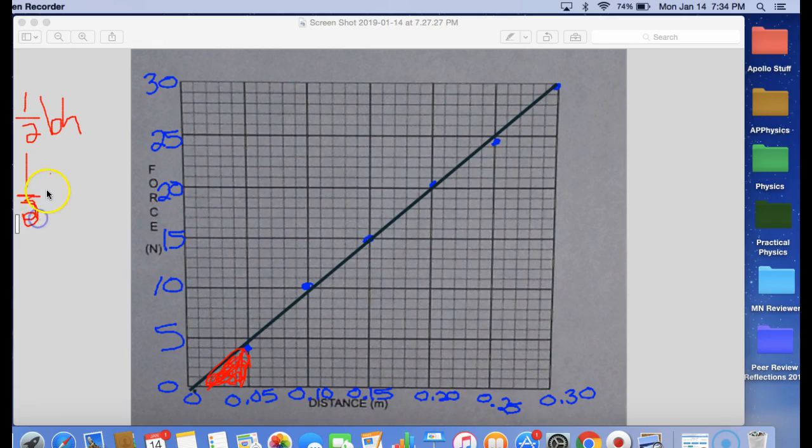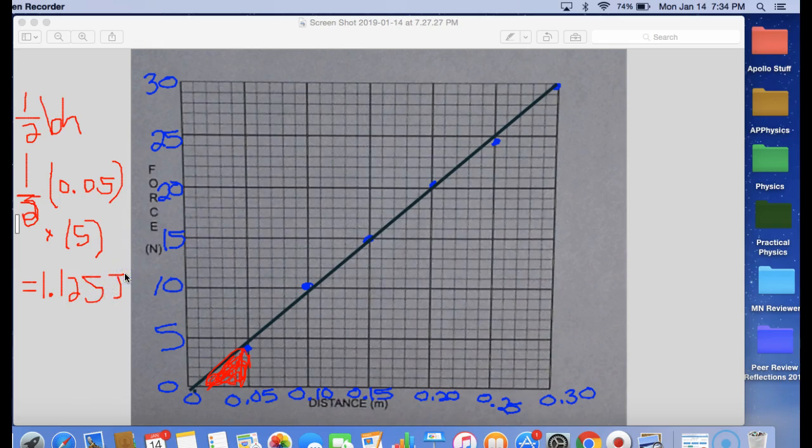So first, this first area, it's going to be 1/2 times the base, which is 0.05, that's 5 centimeters, or 0.05 meters. And then I'm going to multiply that by the height, which goes up to here with the triangle, is actually at 5. So on the calculator, taking 1/2 times 0.05 and then multiplying by 5, this gives us a number of 1.125 joules,